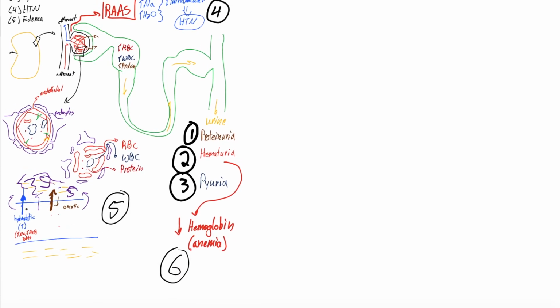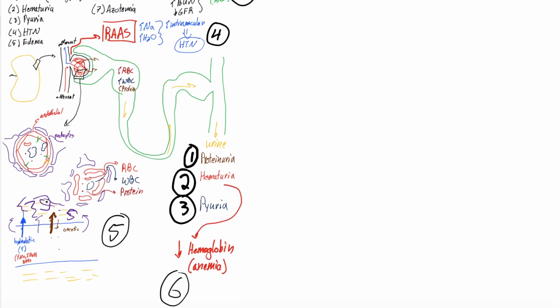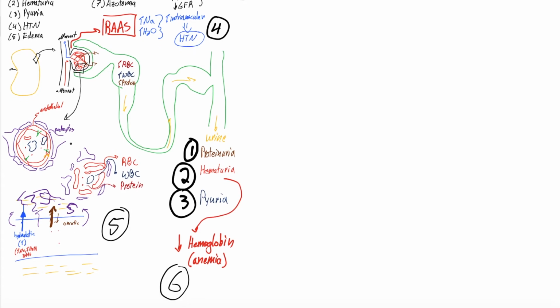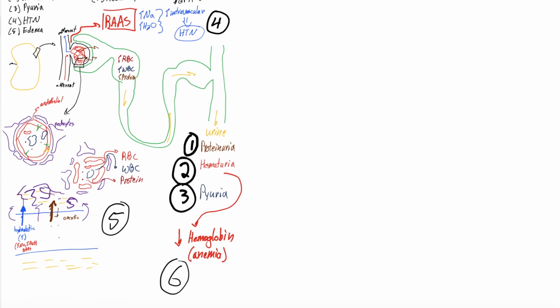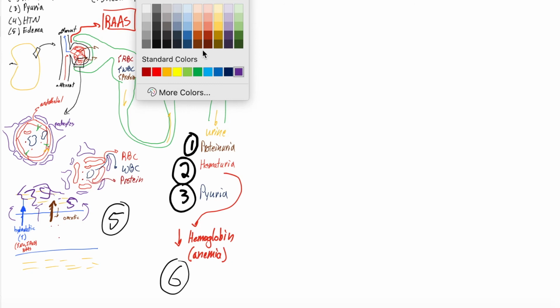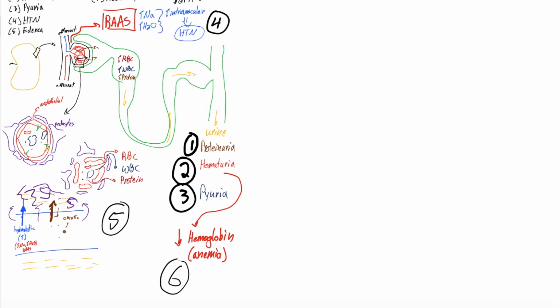As our hydrostatic pressure increases in the intravascular space and our oncotic pressure decreases through the excretion of all these proteins in the urine, so we have less in the intravascular space, fluid will leak from intravascular to extravascular spaces as that oncotic pressure, and I didn't draw this, as that oncotic pressure is decreased and that hydrostatic pressure is